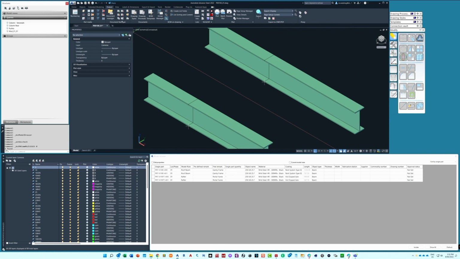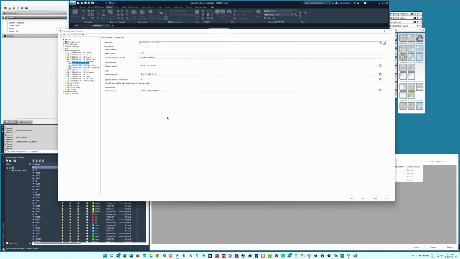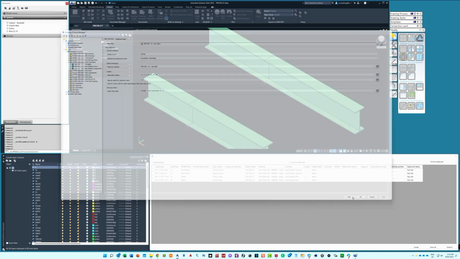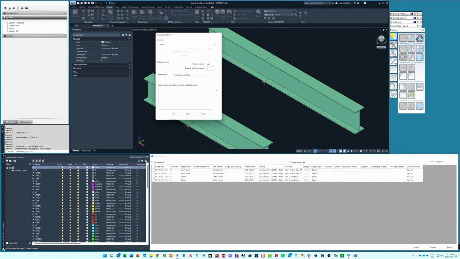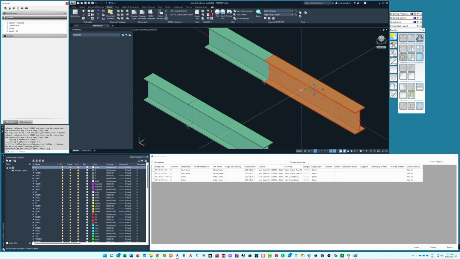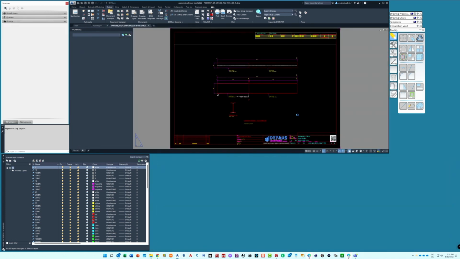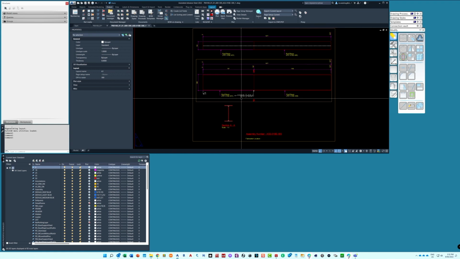So let's now create some drawings. So we'll come in here and run an assembly. We've got some stick assemblies here, and we'll just run this process to produce some drawings. It's just running those drawings, and we can open up our assembly detail, and if I zoom in here,